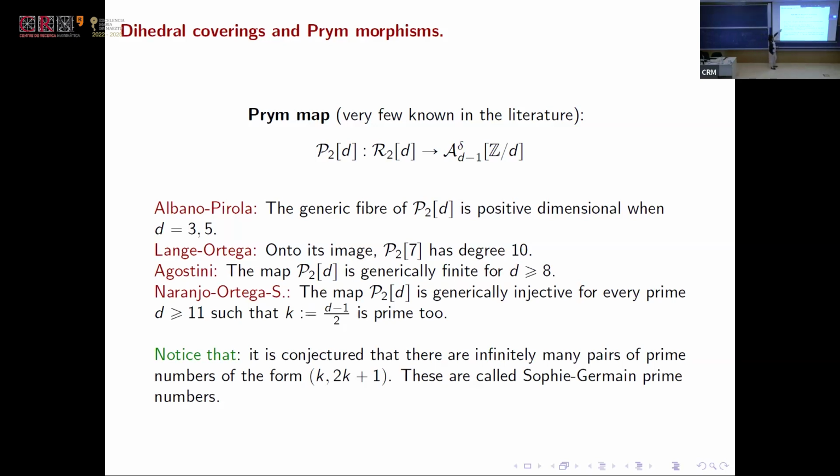So at that point, when we proved this theorem, we asked ourselves: are we giving this characterization for a finite number of cases, or is this an infinite number of cases? And we discovered, this is nice I think, that it is a conjecture by Sophie Germain, which says that there are infinitely many pairs of prime numbers of the form K, 2K plus 1. So this is the theorem, and